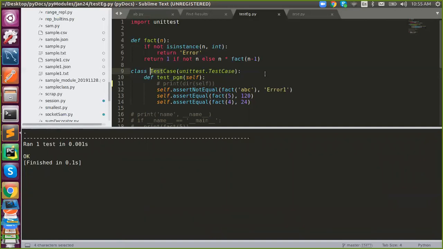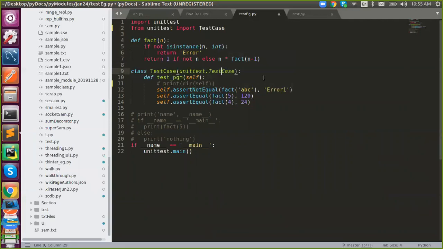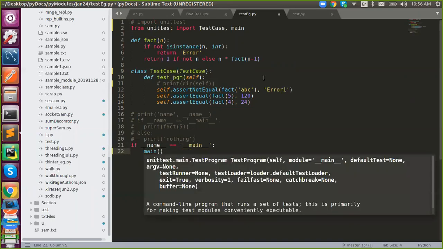Create a class with a preceding word called test, and you can name it anything you want, and you need to inherit TestCase. This is one way to do it. Or else, in another way, let's say from unittest import TestCase. Inside that you don't need this actually. And we need one more thing called name. Okay, this is another way to do it, and that's it. This will also execute that.